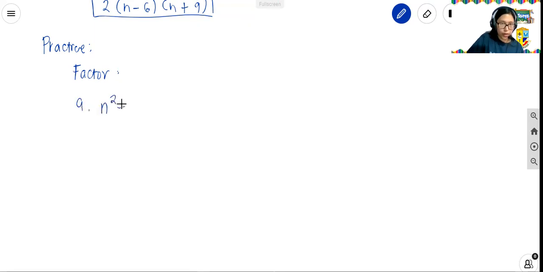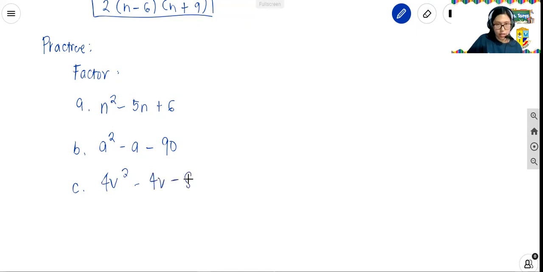Let's have n squared minus 5n plus 6. A squared minus a minus 90. Let's also have 4b squared minus 4b minus 8. Just a hint for the third question. Also look if there are common terms or common factors in the term so that it's easier for you